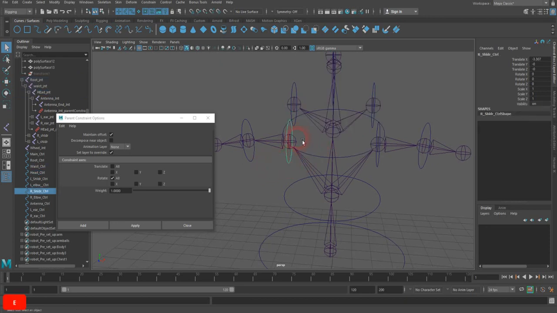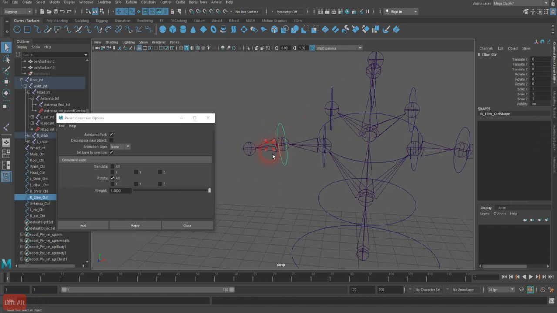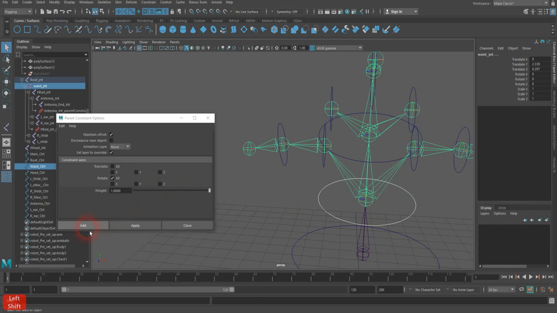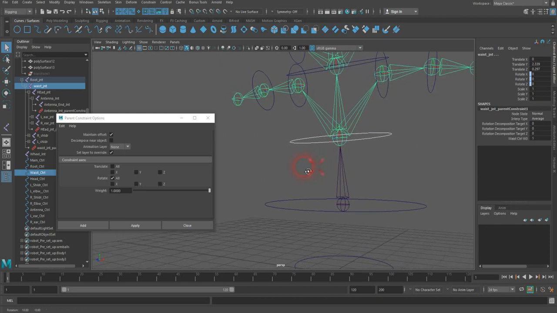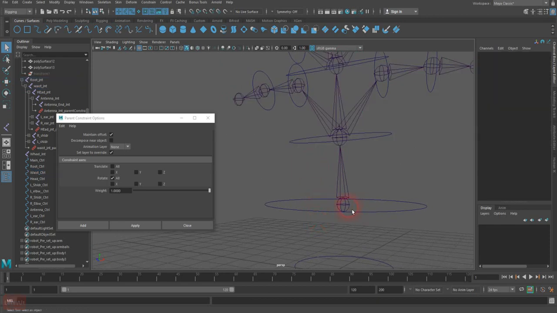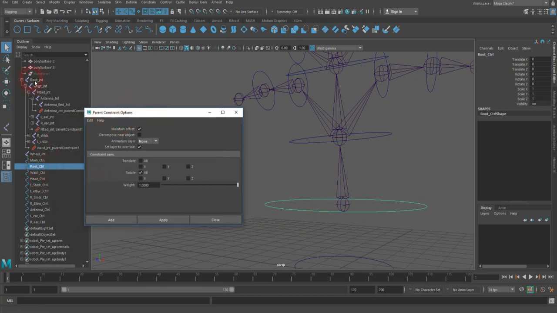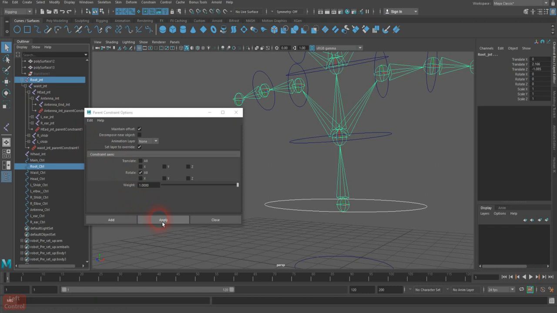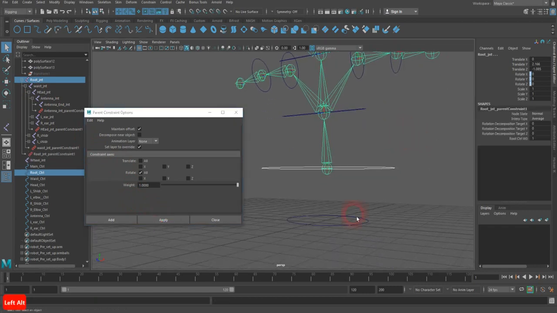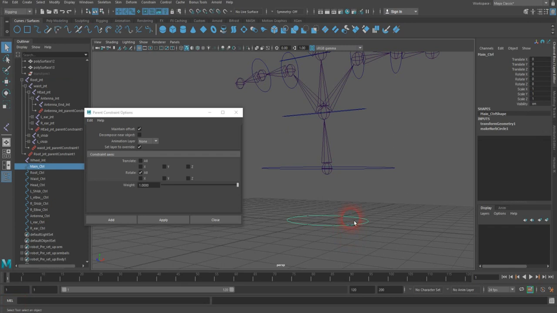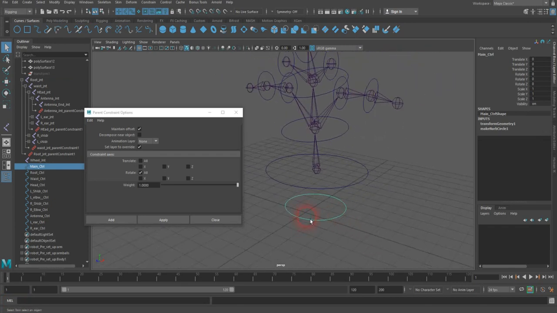Let's see, did I do those yet? I have not. Okay, so that one controls the shoulder. That one controls the elbow. This one controls the waist. This one is going to control the root, and be careful when selecting the wheel joint, the root. And this one will not control anybody. Okay, so